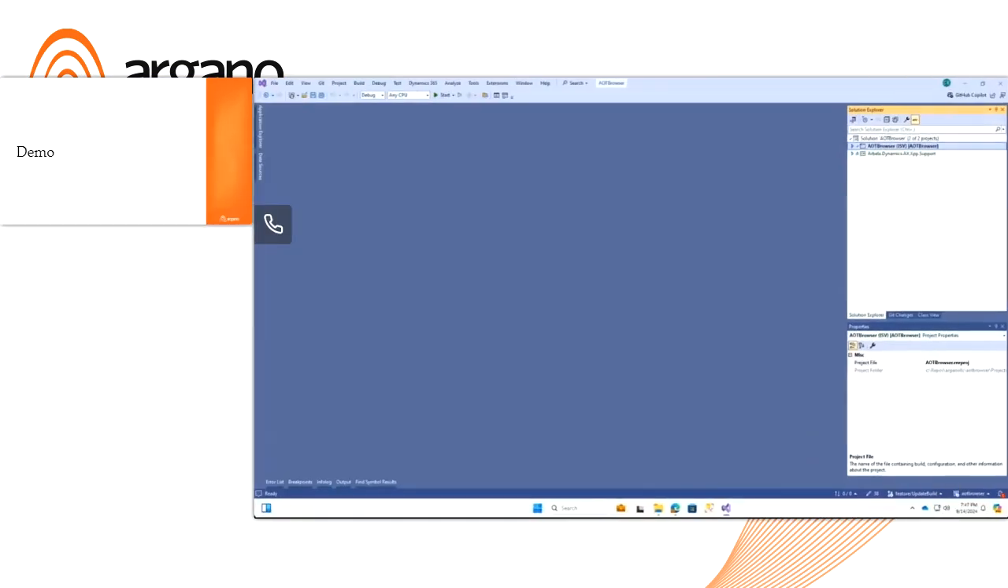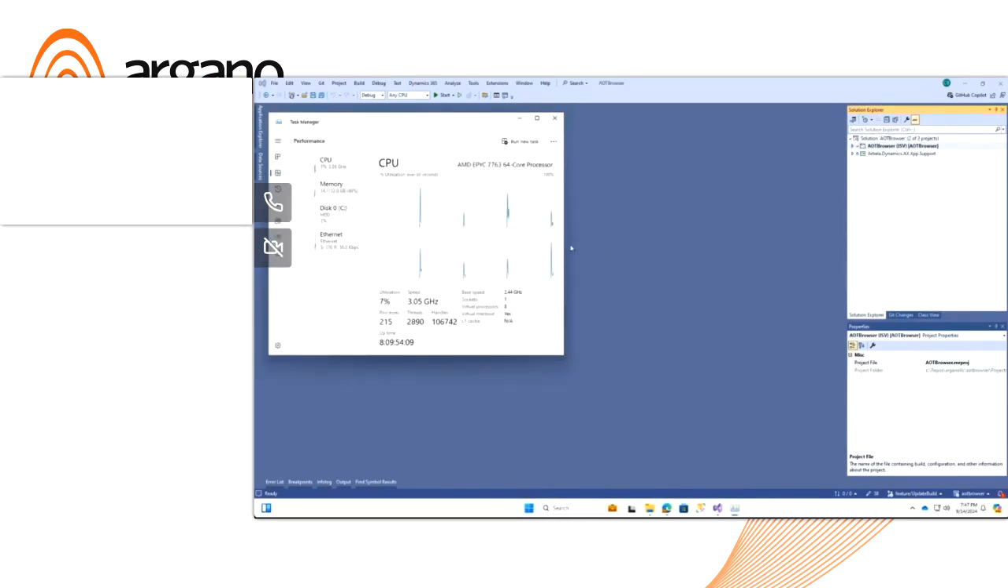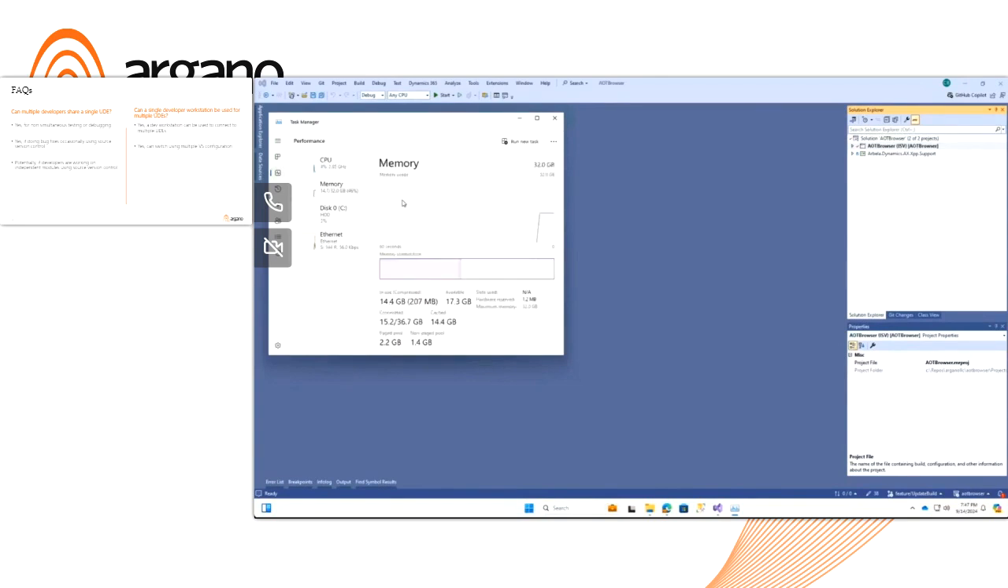All right, good afternoon, everybody. Let's go ahead and do a quick demo here on some of the features and functionality of the UDE. As you can see here, I've got Visual Studio up. I'm actually running this all in a Windows 365 VM. I'm running it with an 8-core VM with